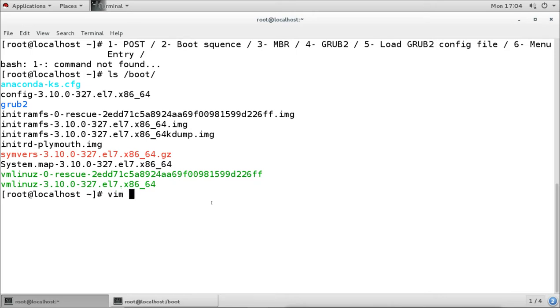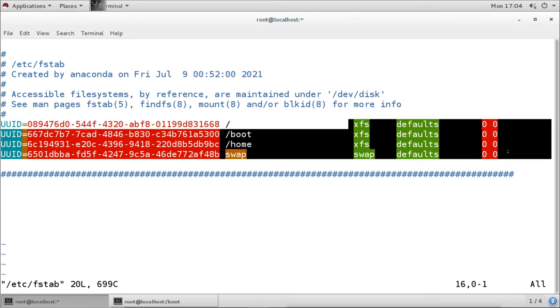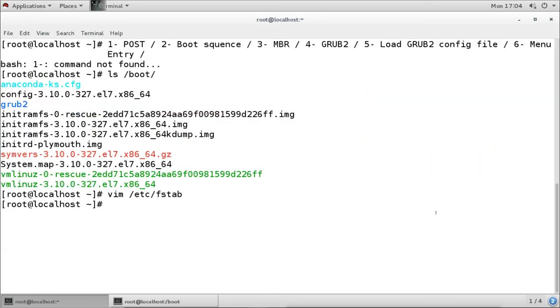If you see under etc fstab, this file has information about the partitions: which partition is to be mounted on which directory, which file system, and what the options are. So it has the information about where each partition has to be mounted.